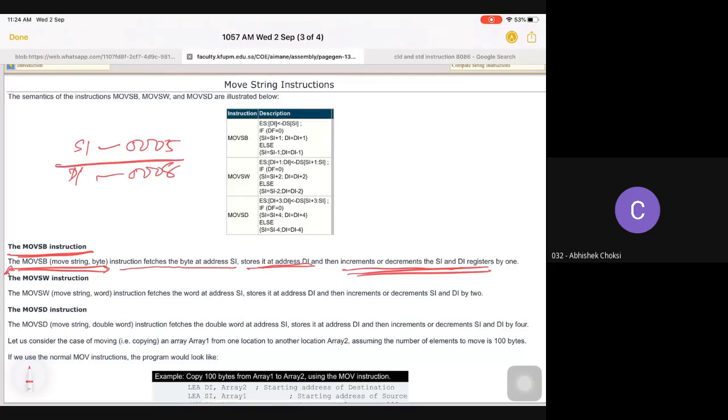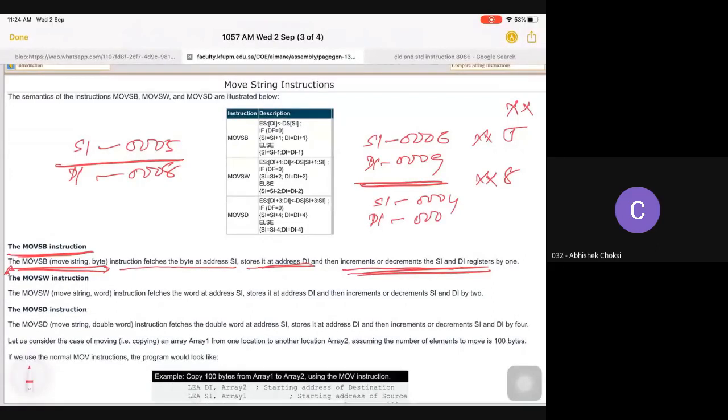After copying XX, it will increment or decrement the value, and this happens to both registers, not just one. If I increment, SI becomes 0006 and DI becomes 0009. If I decrement, SI becomes 0004 and DI becomes 0007. This is what happens after your MOVSB instruction gets over.